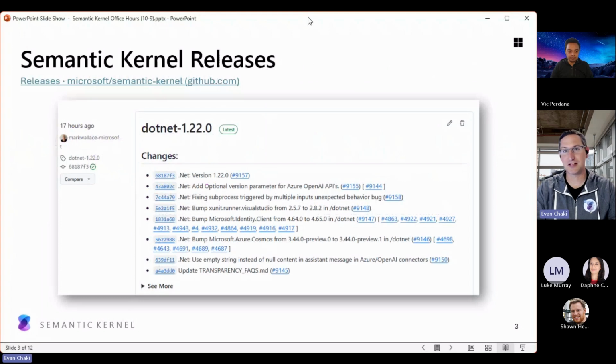Okay, a few updates on releases. So we've done a bunch of releases since we had this meeting last time. The latest release for .NET was out yesterday, the day before, 2 days ago. Trying to get my days straight here. So 1.22 is out. There's a bunch of updates in there. If you go ahead to our repo and do the see more, there's just a ton of updates the team's been making